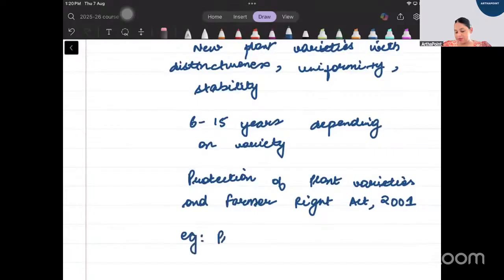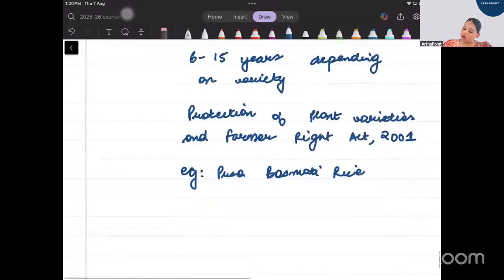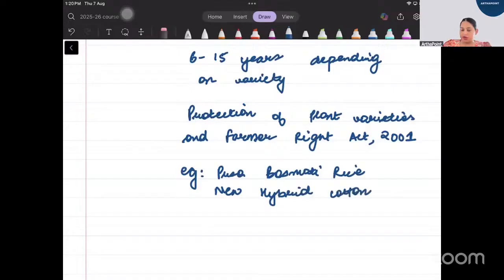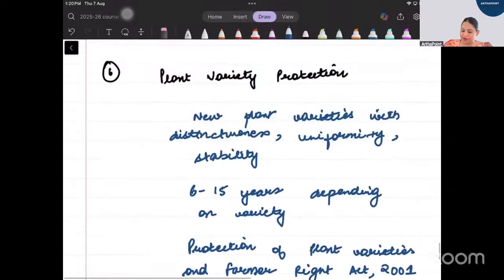Example, Pusa basmati rice or new hybrid cotton varieties. Right, but then you have